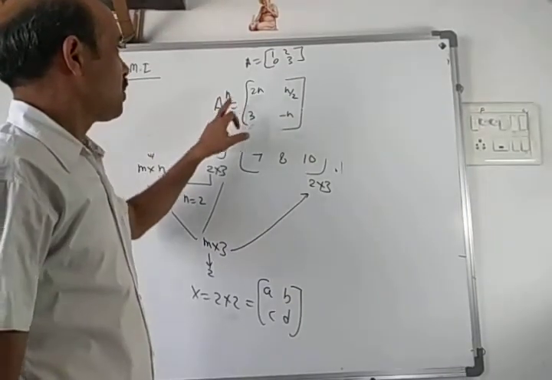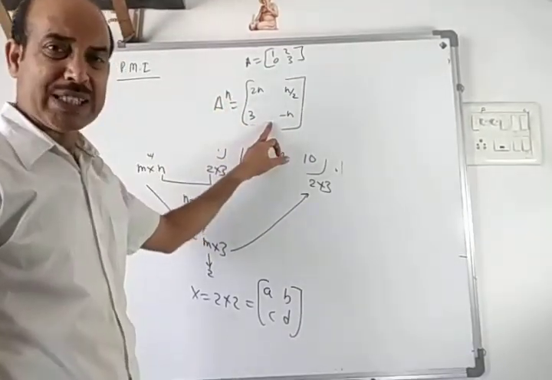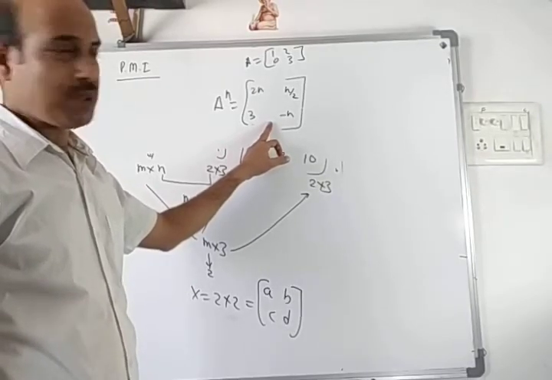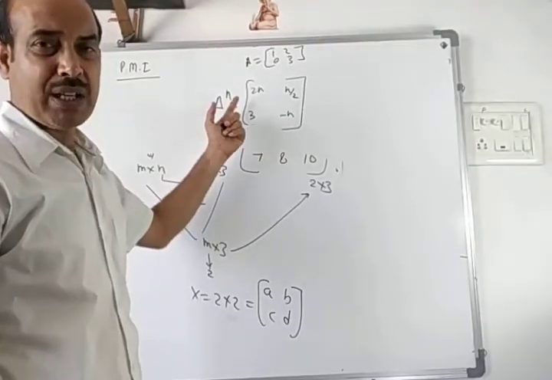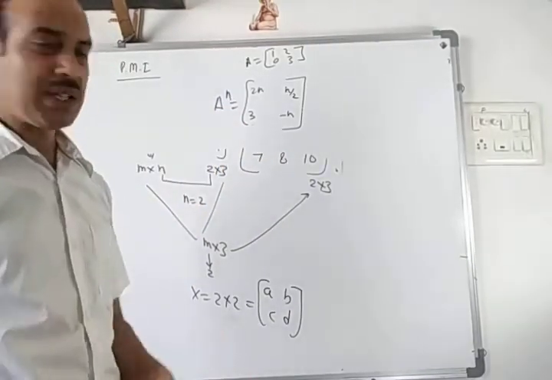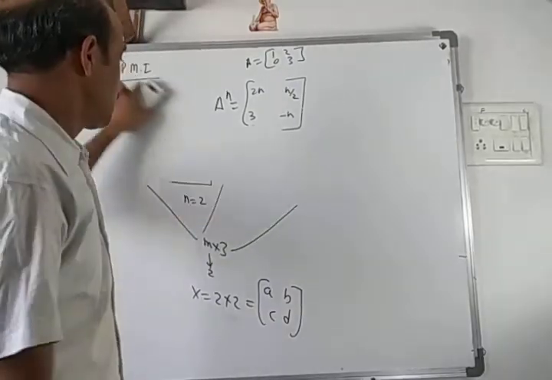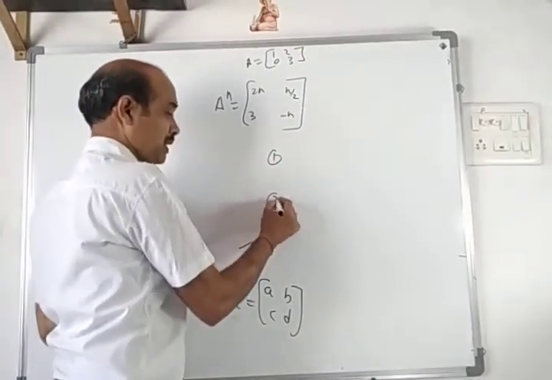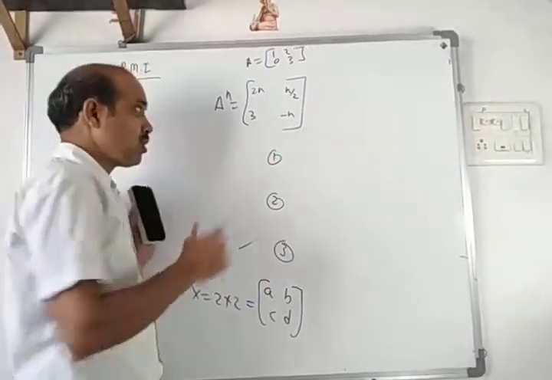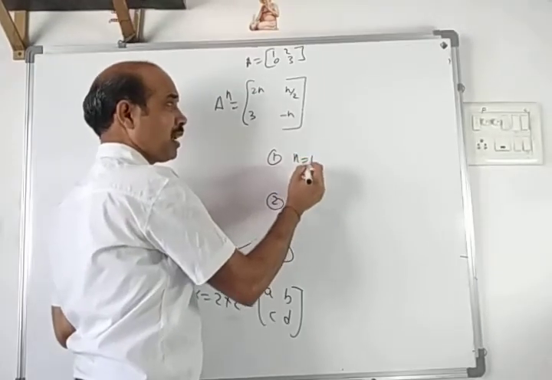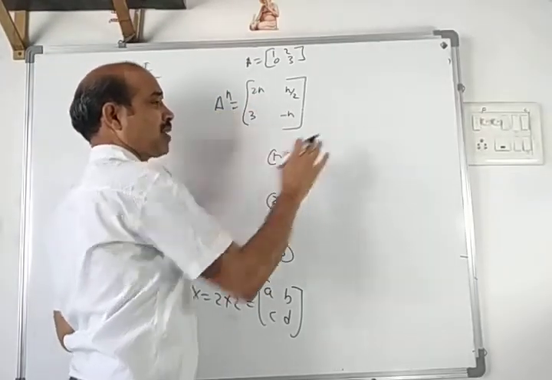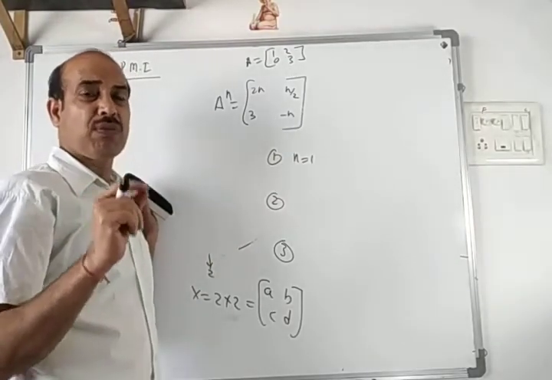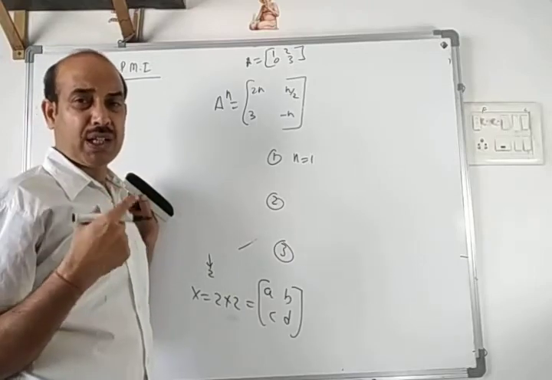If A is given, we have to prove A to the power n is this. It means it is based on mathematical induction because it is general. In place of n, it can be k or m or anything, but normally they give the question in terms of n only. For this, there will be three parts of the answer. First, you have to put n equal to 1 and check whether LHS and RHS are equal or not. That is checking of the given result for n equal to 1.